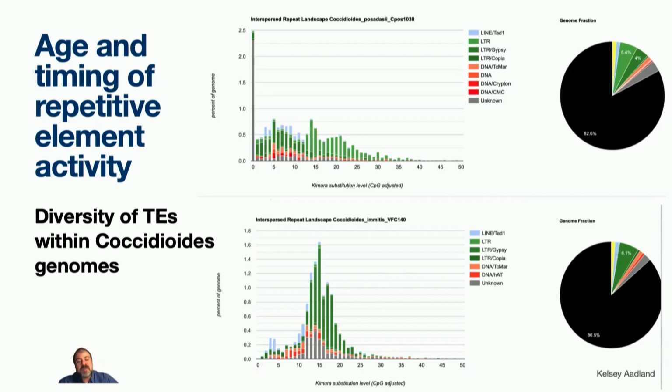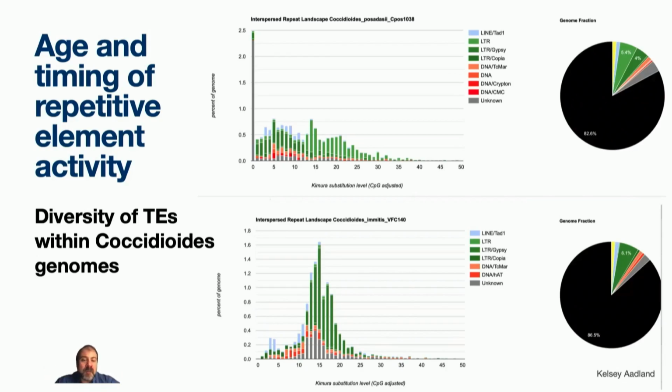And so this helps us get a sense of whether the transposons are a constant process where you're always getting new elements, and that would mean that you would see a lot of elements at the left-hand side here where there's very little divergence, because if they've recently transposed, there should be another copy of itself, so it should be very similar. But if a lot of the transposition occurred a while ago and the copies have just diverged, then we'll start to see these humps at a little bit later age.